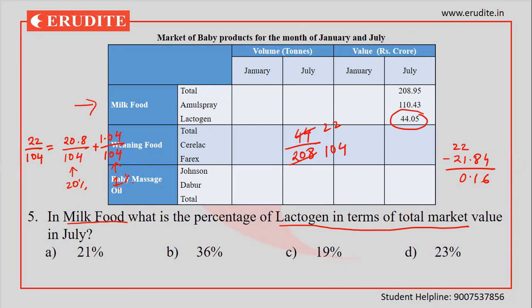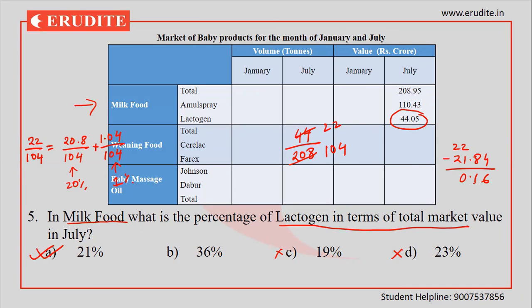So that means already this one is 1%. So basically 20% plus 1% I have done. It is coming as 21%. So it is less than 22%, I got it. And it is more than 21% also, I got it. So definitely there is no chance of other answers, that means 23 is not possible and 19 also not possible. It is coming as 21. So option A would be the answer.